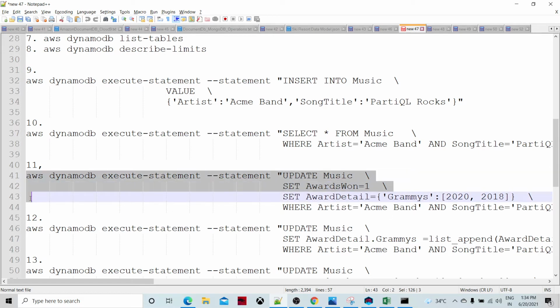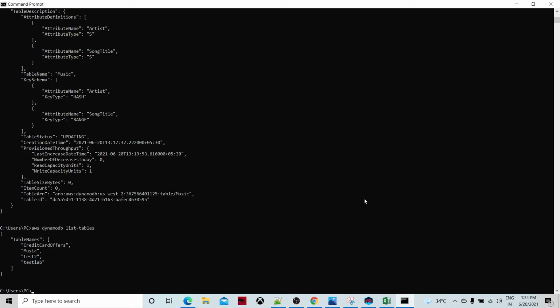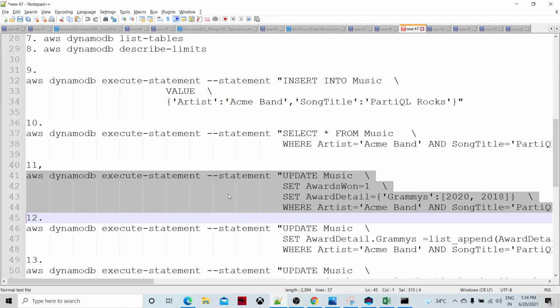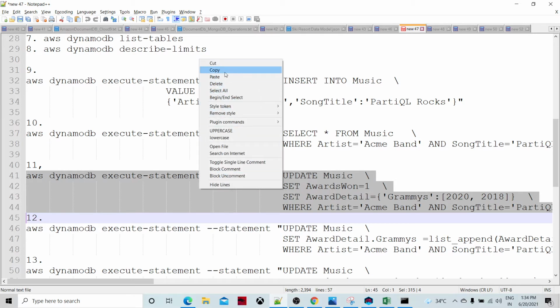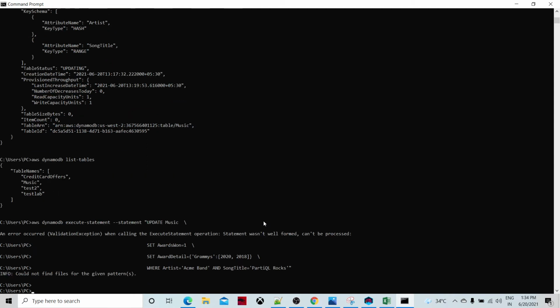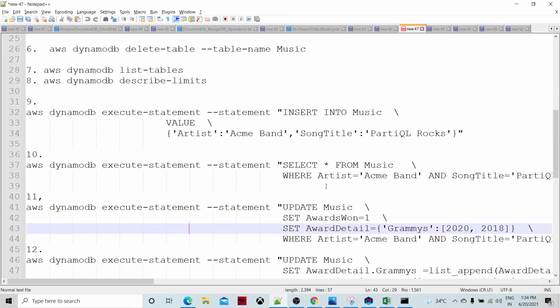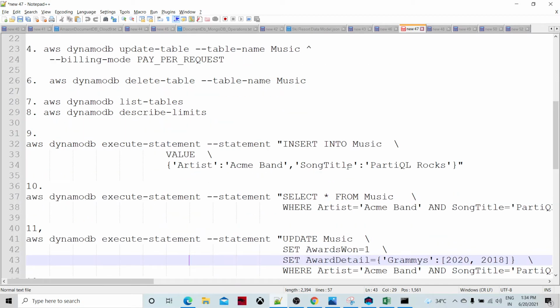This is the syntax. Let's execute this from the AWS CLI. It could not find the given pattern. Okay, better.